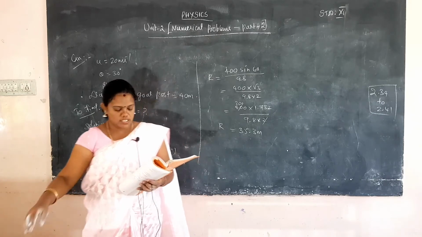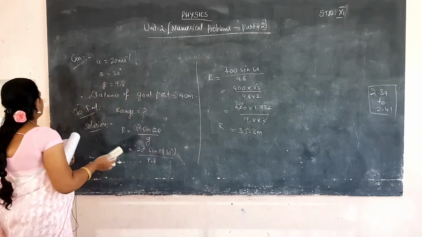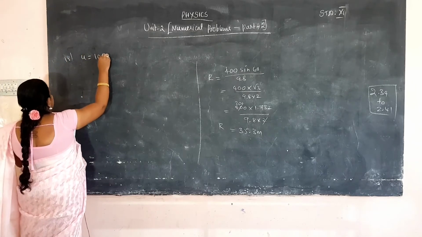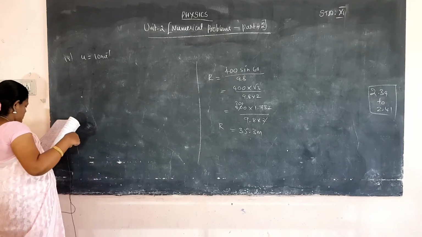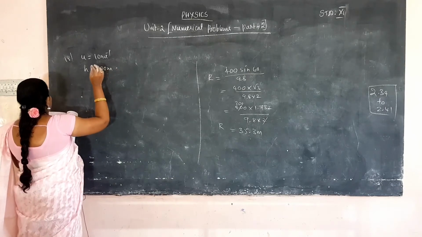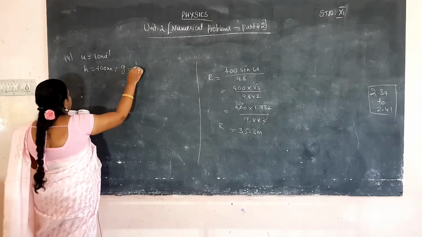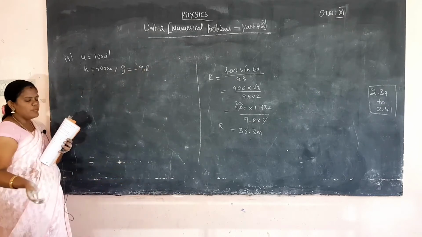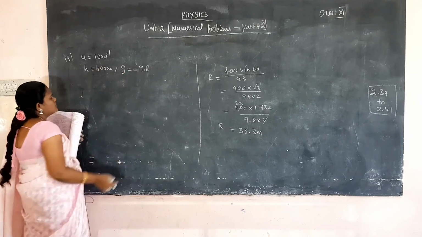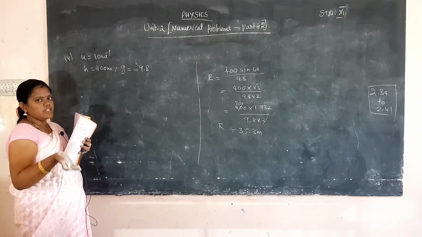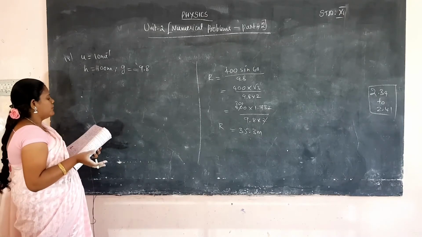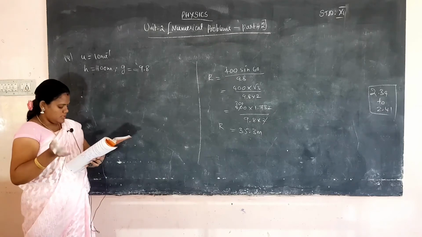So first, initial speed u is equal to 10 meter per second, and height h is equal to 100 meter. But height and g, it will be taking the negative sign because the particle will be moving upwards. The height will not be considered as negative or positive, but acceleration due to gravity will be in the opposite direction, so you have to take the minus sign. No problem at all, just mention the value, so we easily find out the horizontal distance.